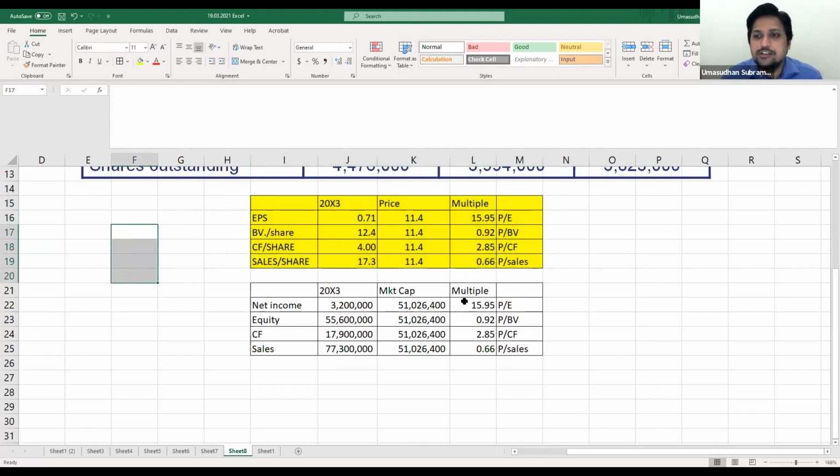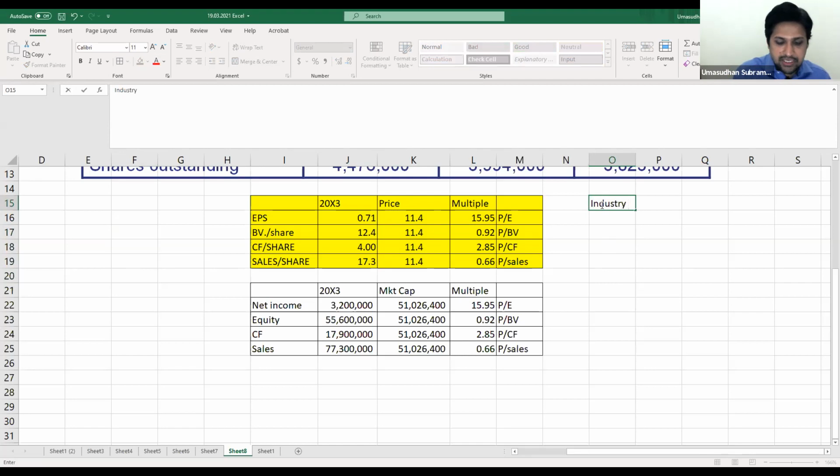Now, I'm going to ask you more questions. Now I'm going to give you industry multiples. Industry PE ratio is, let's say, 12 times. Remember, these multiples are always in times. This is 12 times. Price to book value is